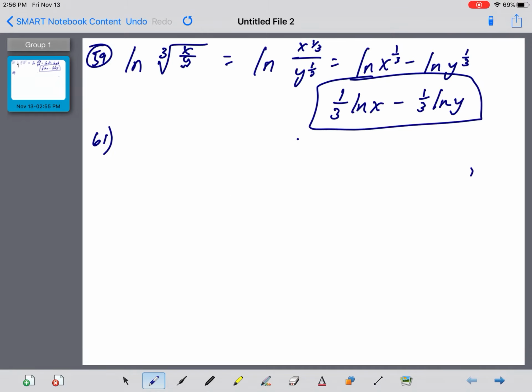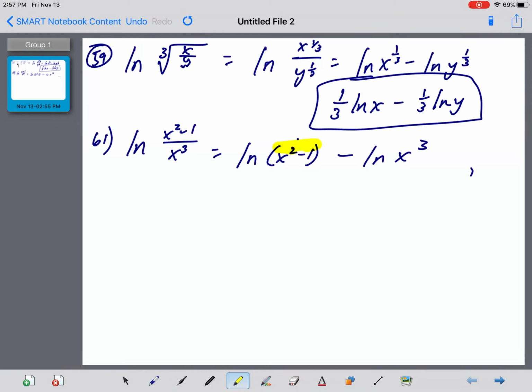61. All right, 61. This one's no fun. So this is the natural log of x squared minus 1 over x cubed. So it's division, so it's going to turn into a subtraction. The natural log of x squared minus 1 minus the natural log of x cubed. So this part right here,